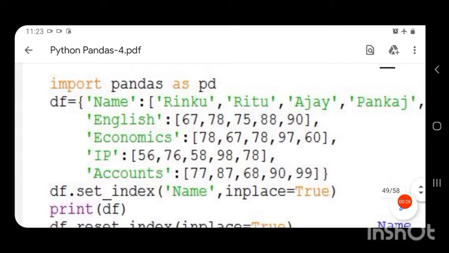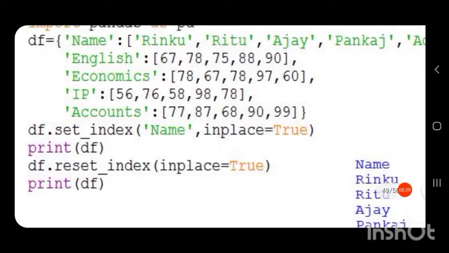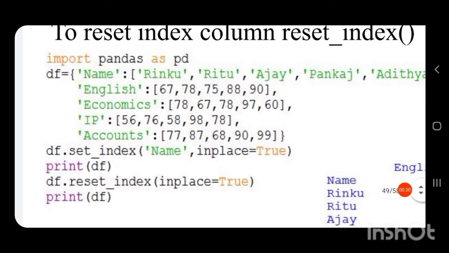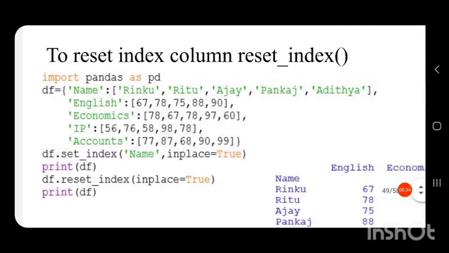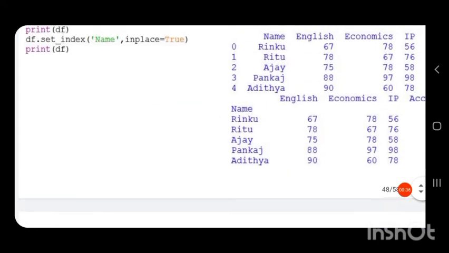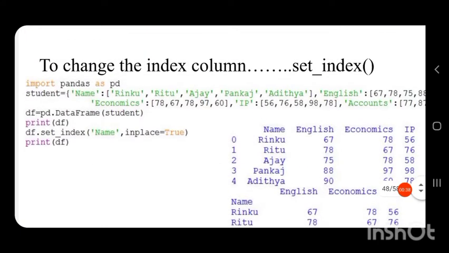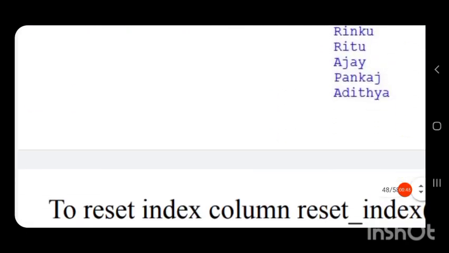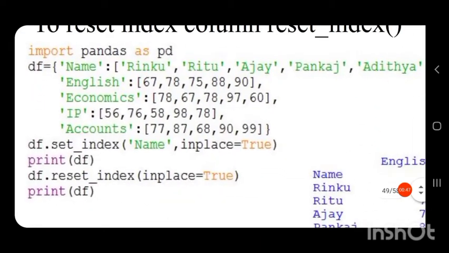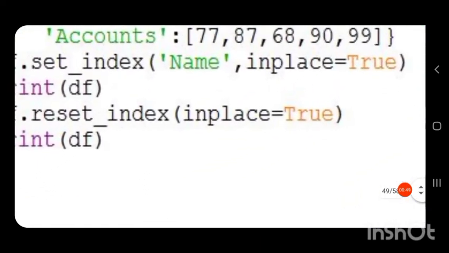Instead of df it is student, and we have to convert this student to a data frame, that is, df is equal to pd dot DataFrame student. Likewise, we have to convert this student into a data frame. After that only consider these steps.